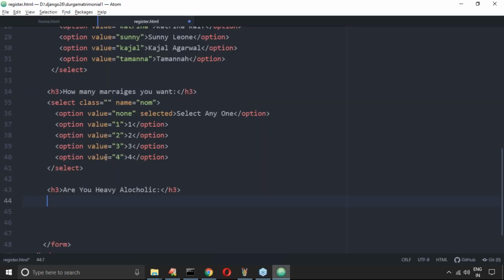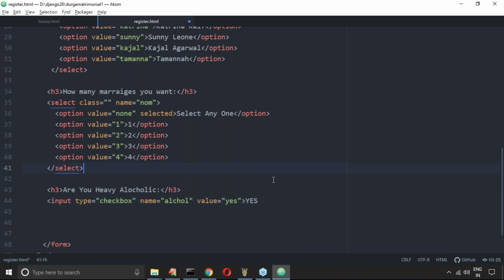Here what I'm trying to take, sir, input type is a checkbox. Input type is a checkbox. Name is any name you can take, of course, alcohol. Okay, alcohol. I'm taking it, sir. Value, sir, here which value, if I select this one, which value is going to come? Yes. Okay, here yes, yes, I'm taking.